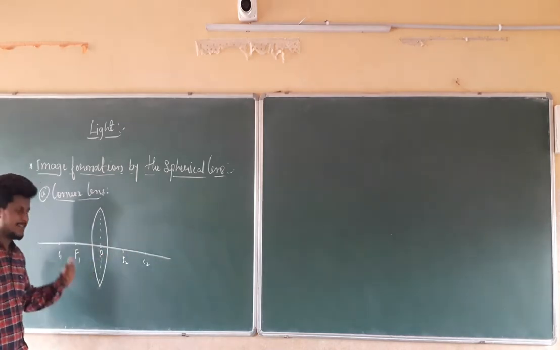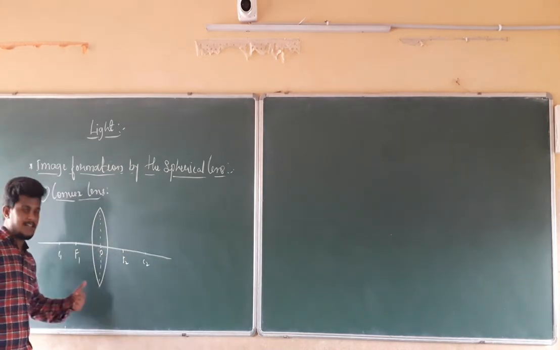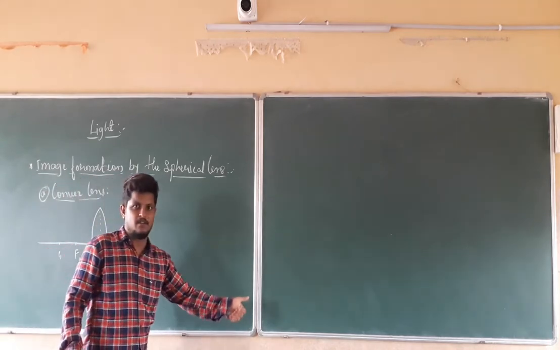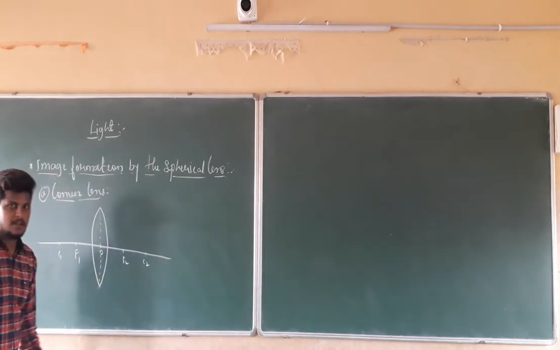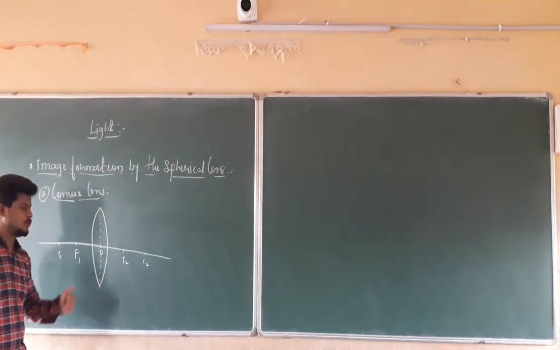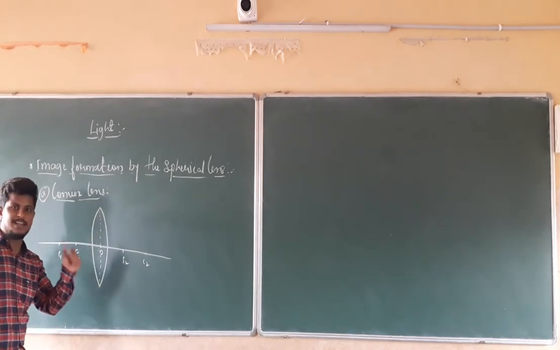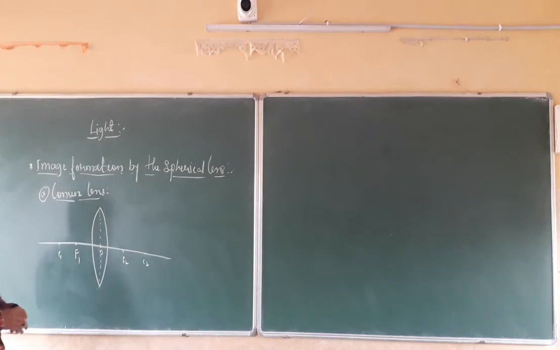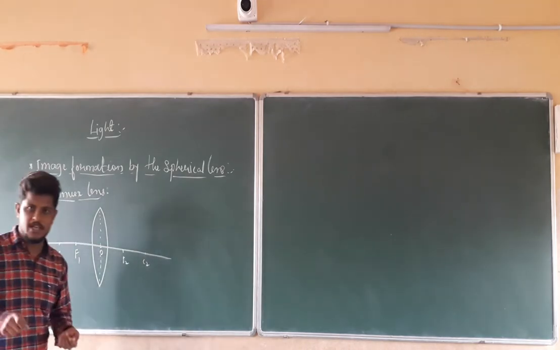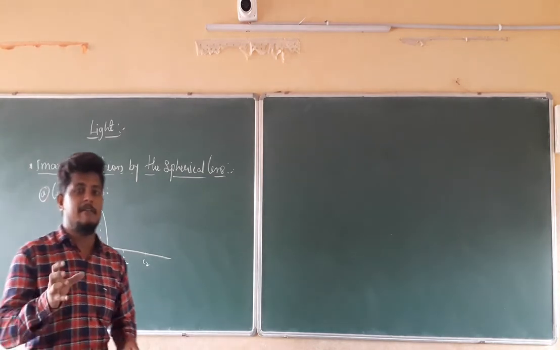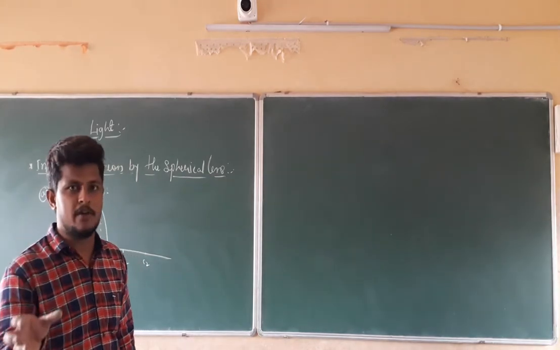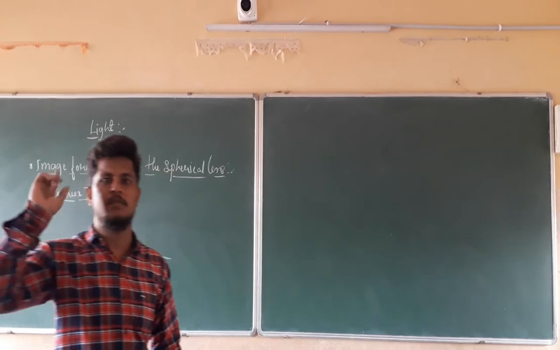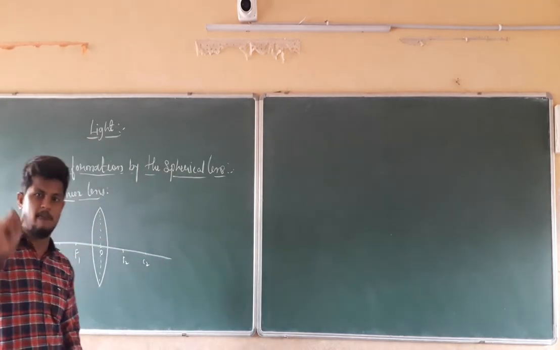In this way you have to take the dimensions. These dimensions are applicable for each ray diagram. In case of a convex lens, you should take care of this dimension and draw like this only, so that you can get an accurate diagram. Right. Next, we are going to see different positions of the object and find where the image is going to form. We are going to find out the position of the image.